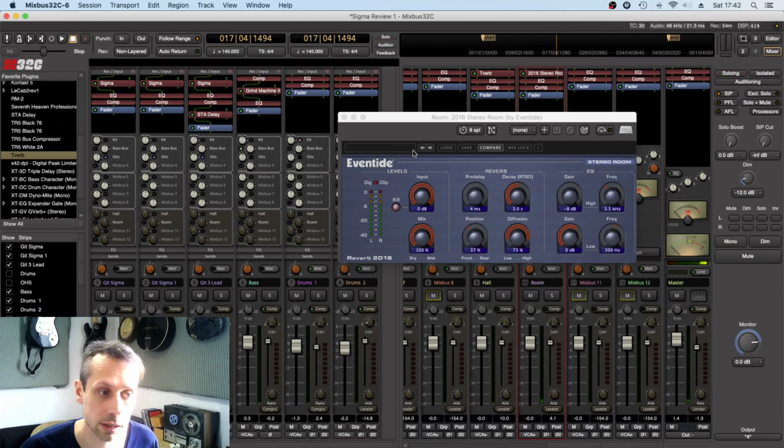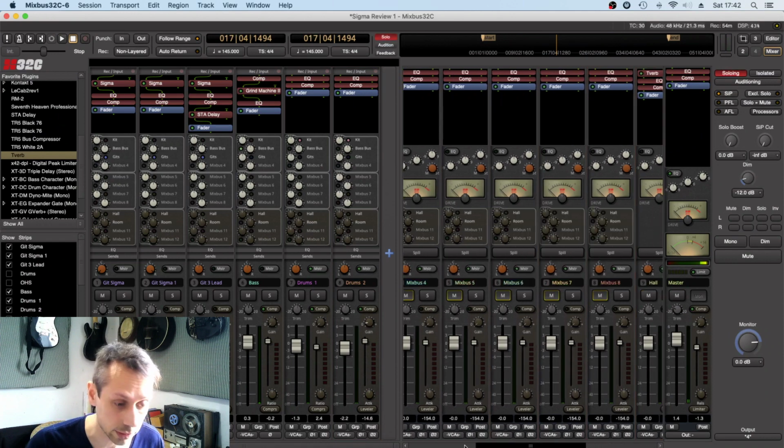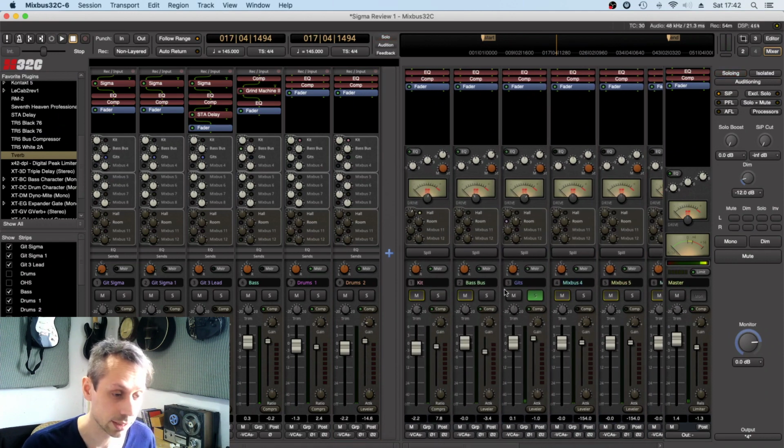I'm using 2016 Stereo Room by Eventide, which is an incredible plugin. The whole suite is really good. It's expensive, but it's really good. I'm very fortunate in that respect, because I was given the full suite by Eventide for the purposes of a review. I should say that clearly. Right, okay, so yeah,